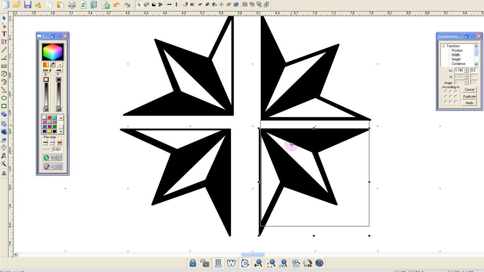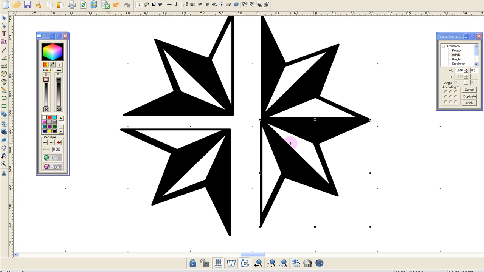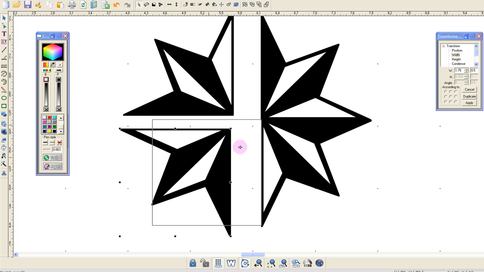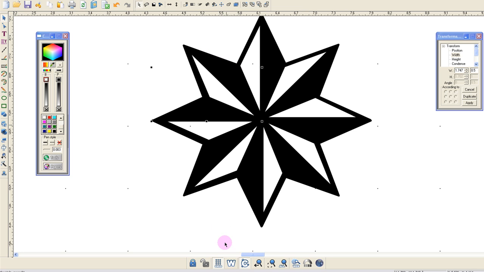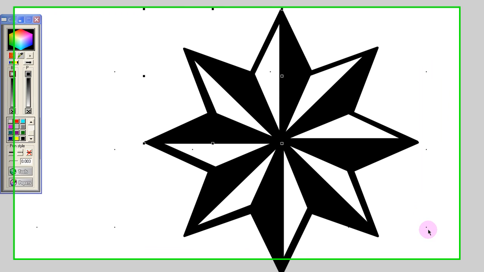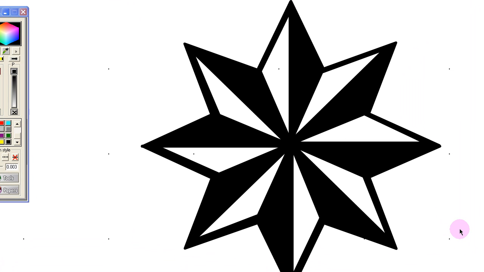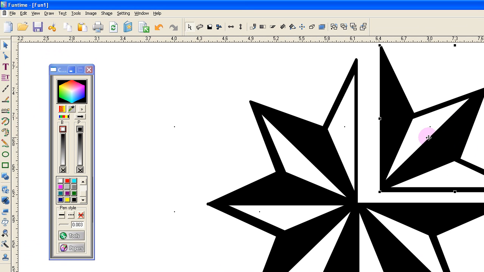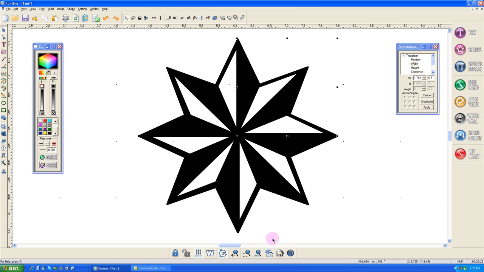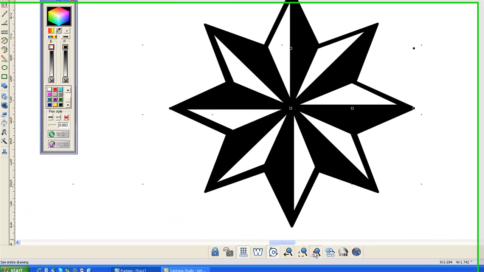And now that I've got everything lined up with transparency, if I fit these pieces back together, and I won't be able to get them exactly precise, but now you can see that the appearance is of the original design, but it's been tiled into sections. Now that I've finished tiling that design,